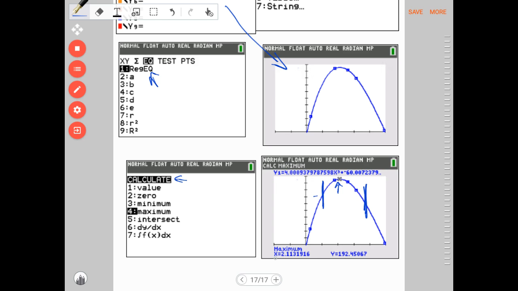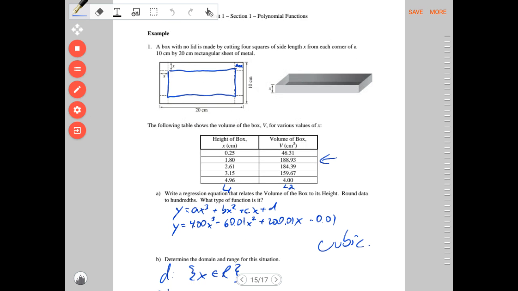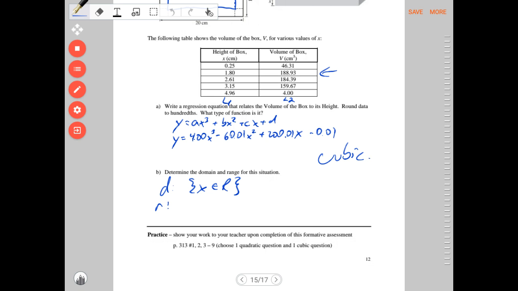So you can see the maximum value is 192.45 when our x is 2.11. Okay, awesome. So it's 192.45, so we go back here. So we know that the range